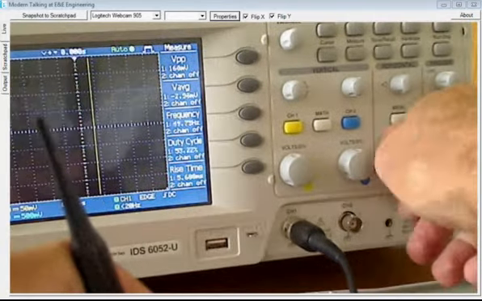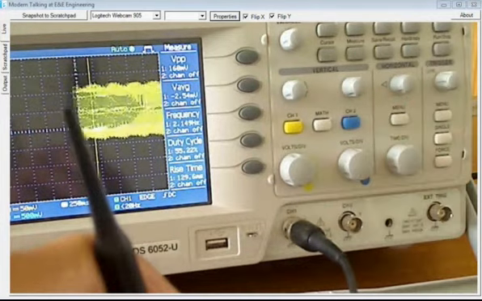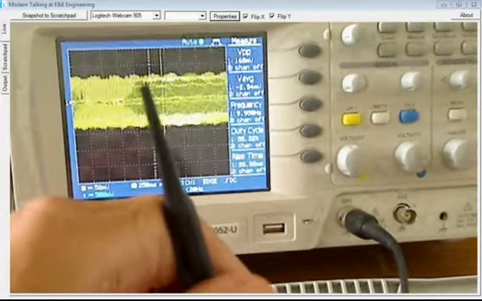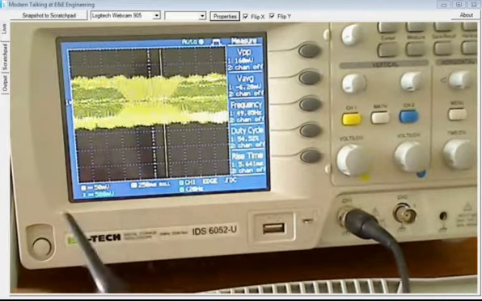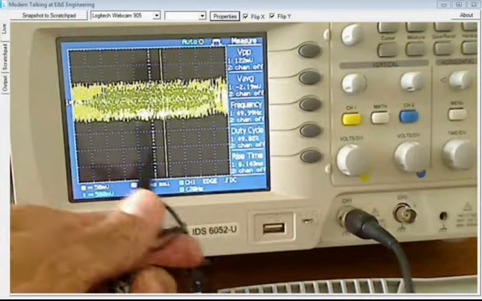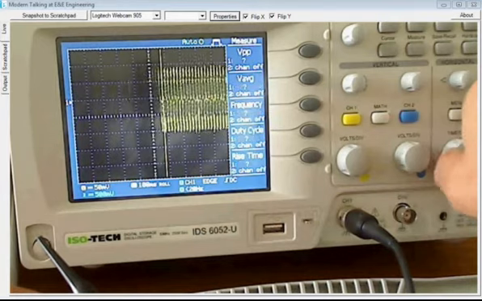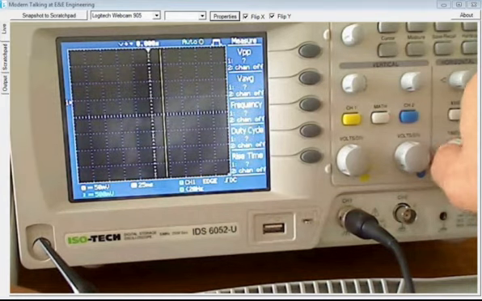So if you turn this knob here, you change the time represented by each block. I don't know if you can see that, but that there is 250 milliseconds. That tells you each block represents 250 milliseconds. So if I just zoom in a tad,